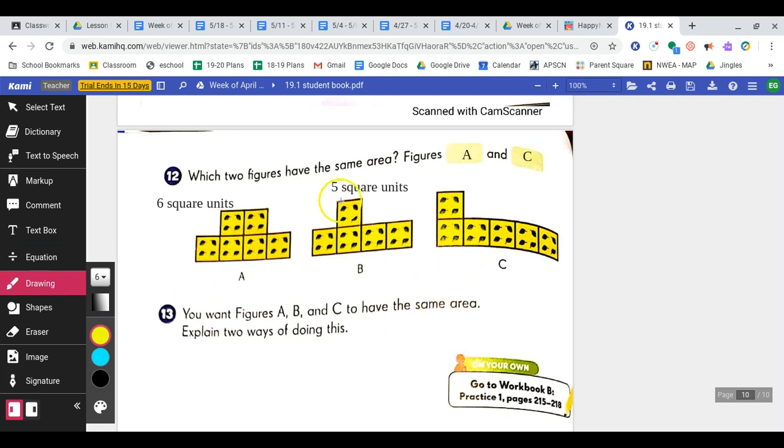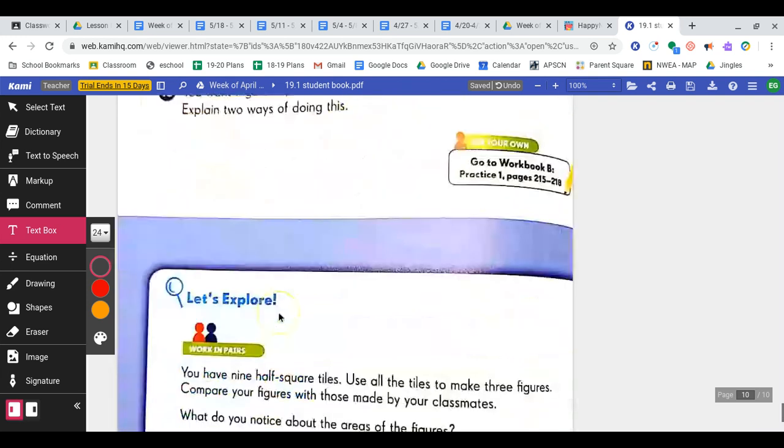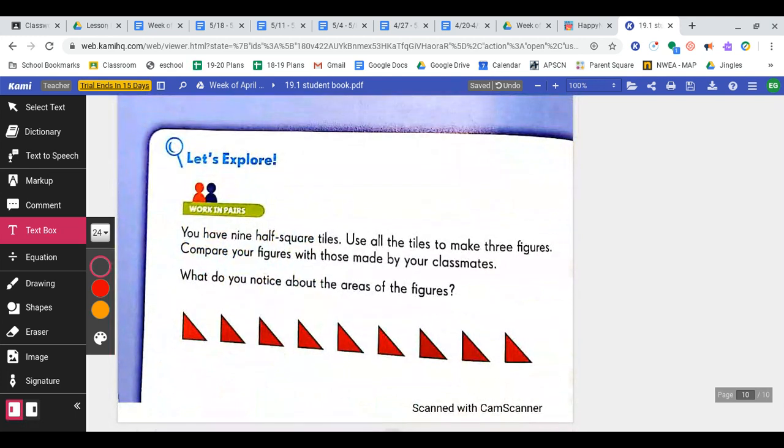I'll draw out an example of how to create, let's make that black, this figure B, the same as figures A and C. Okay, so you would just need to add 1 square unit to figure B or to remove square units from figures A and C. The last part is optional, but it says if you have 9 half-square tiles, use all the